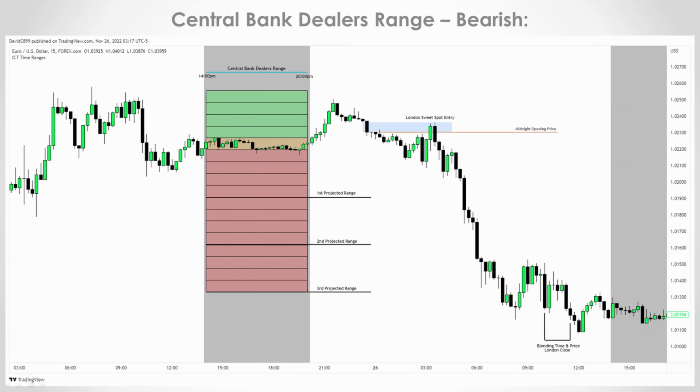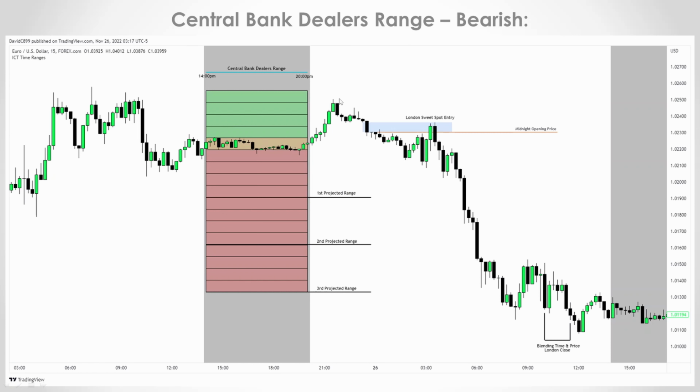Central bank dealers range bearish example. We determined the equilibrium price point from the highest body close and the lowest body close, and we can see that this is a tight range and a consolidation, and there's open float above and below the market price. Also, the central bank dealers range is less than 40 pips, so it's ideal, and we can look for trade setups during London Open. So first of all, price is trading higher,